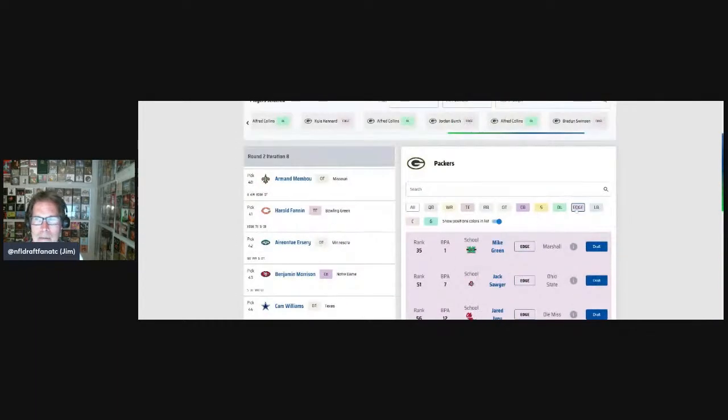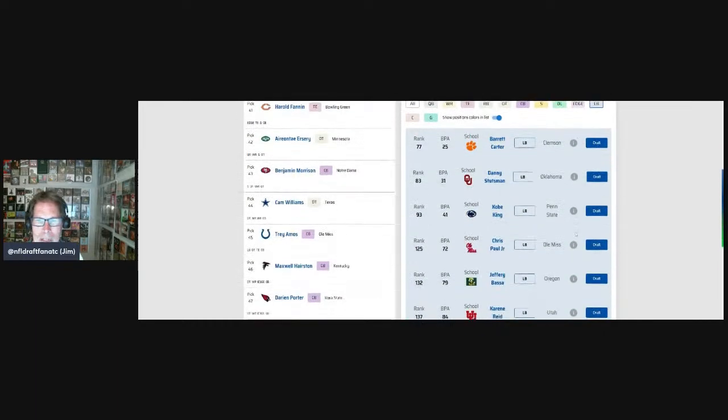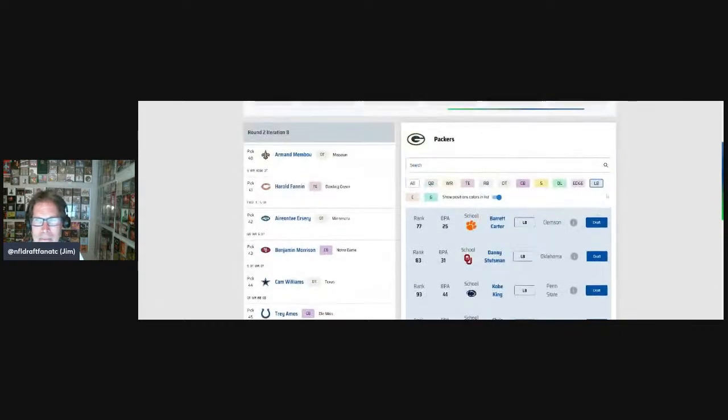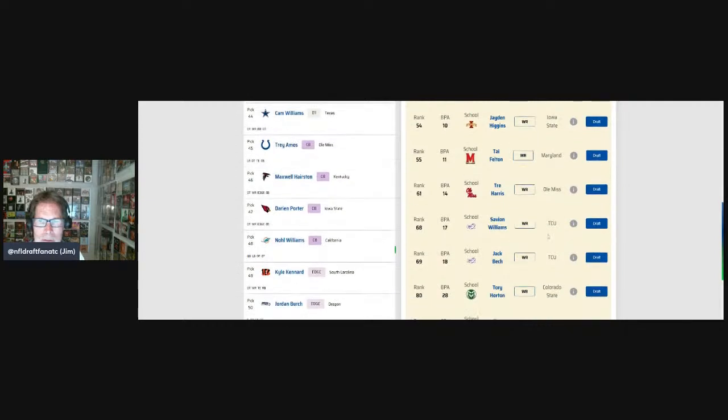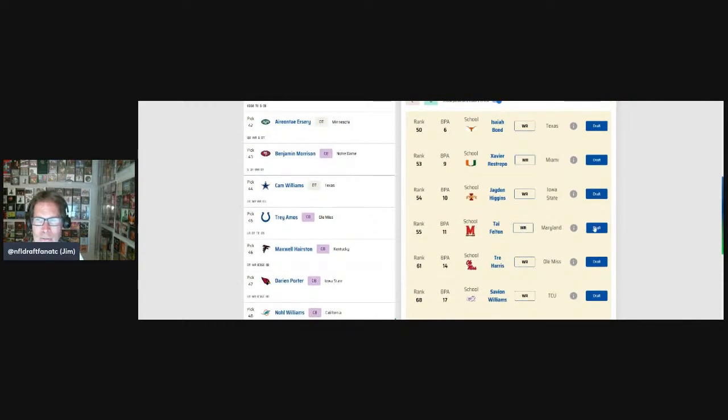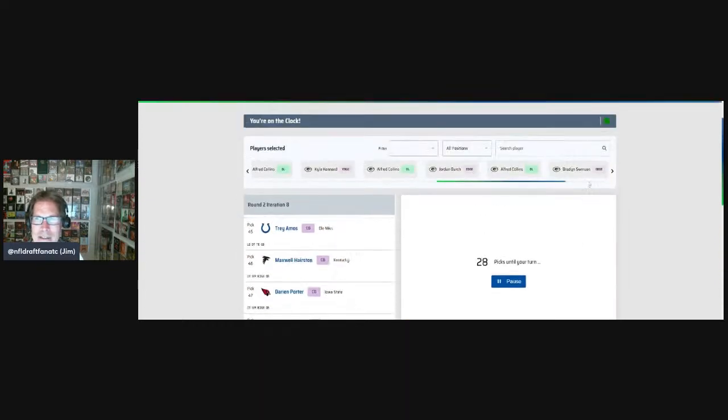Okay, so probably not there. So linebackers that meet, no. Okay, so let's look at wide receivers. I think Felton would meet the athletic criteria that they like.